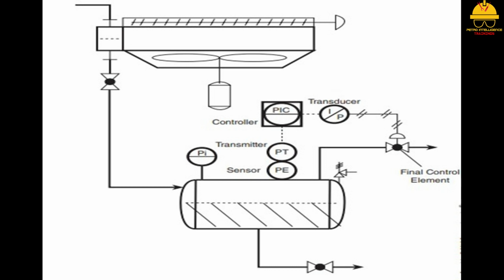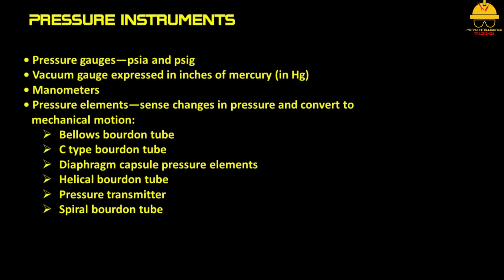Pressure changes can affect temperature, level, and flow. Pressure changes the boiling point of chemicals, reaction rates, and the speed at which fluids flow through piping. These changes can impact product quality, so a variety of instruments have been invented and designed to monitor and control pressure. The instruments discussed in this video include the following: pressure gauges expressed in PSIA and PSIG, vacuum gauge expressed in inches of mercury,